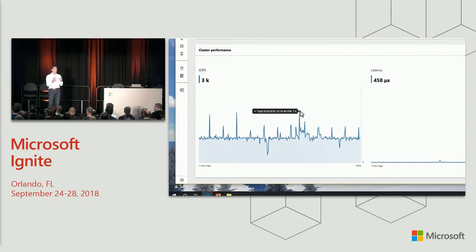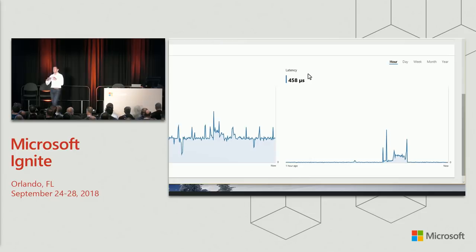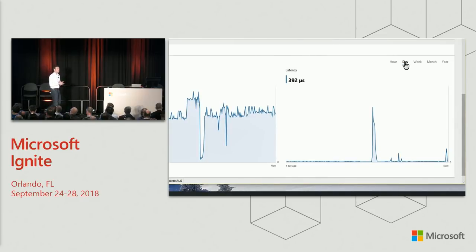You can see IOPS, the number of storage operations per second across the entire cluster, and the average latency, so how long each of those storage operations is taking. These charts are fully interactive, and you can change the time frame. So by default, they show you the last hour, but you can also look further back and see the last